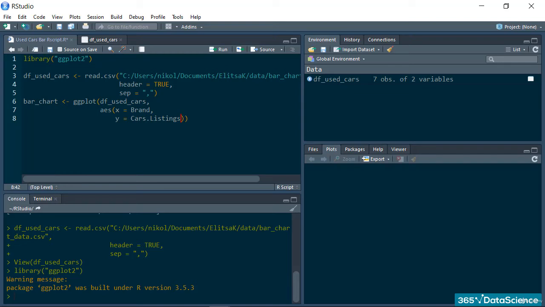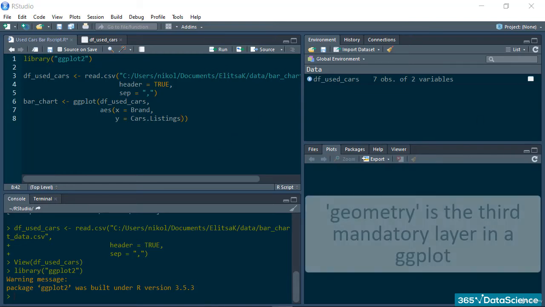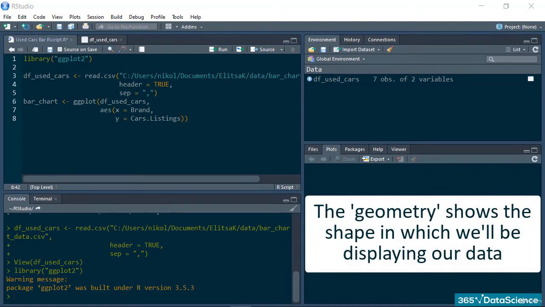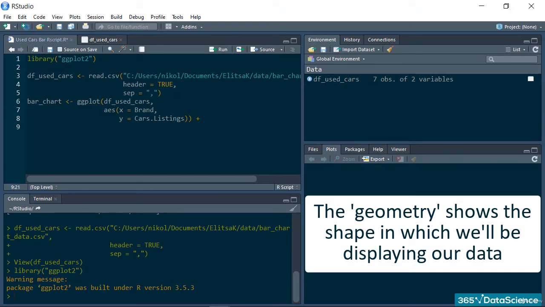The last mandatory step for completing the plot is to specify the geometry. The geometry shows the shape in which we'll be displaying our data. We'll be creating a bar chart. Therefore,